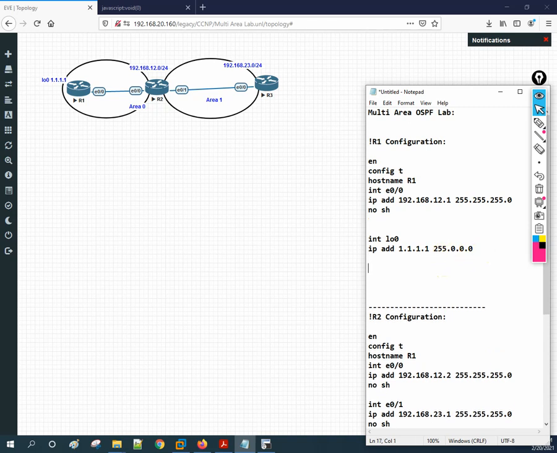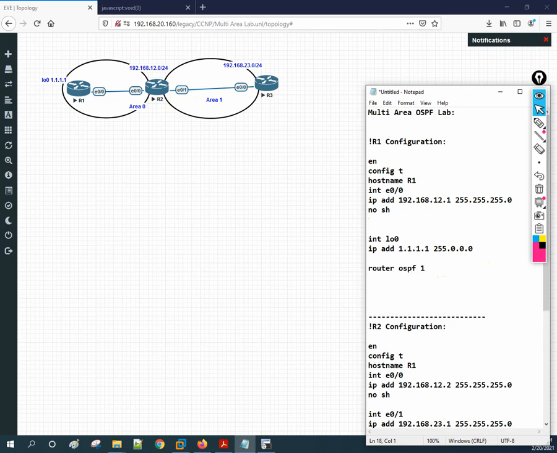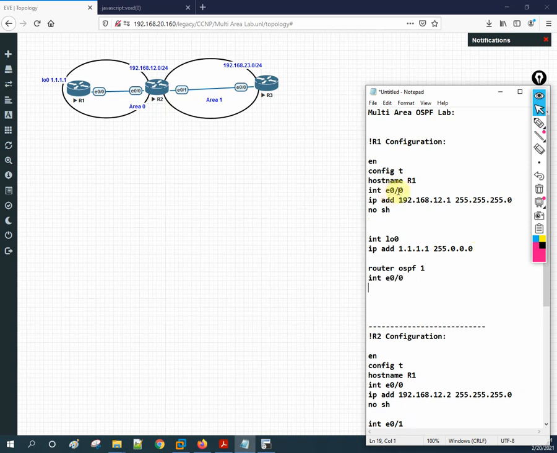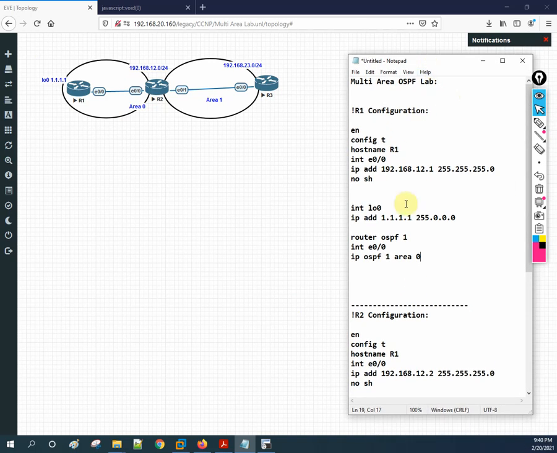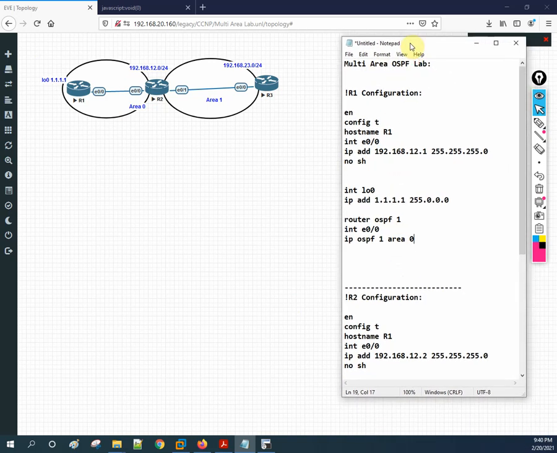So if you remember OSPF, how we will configure, we will write router ospf 1. Okay, and then I will go to the interface which I want to put. I will write interface E0/0. This is the interface. Okay, I want to put this interface E0/0. After that we will write ip ospf 1 area 0 because this one is in area 0. So this interface E0/0 I put in area 0. Okay, and the loopback 0 I will not put, later we will see that one. Okay, I am going to do redistribution, so we are going to do that one.